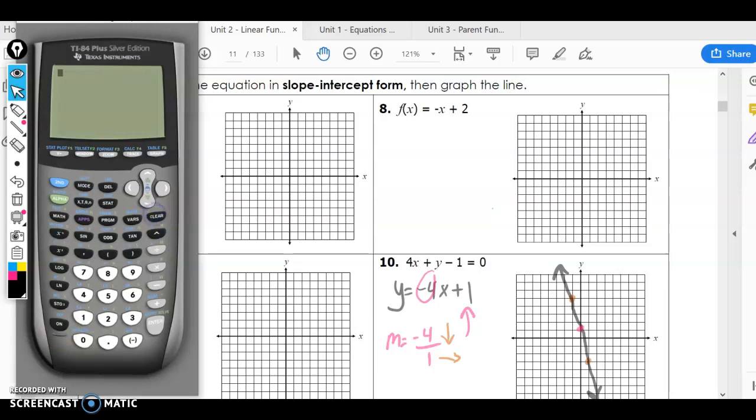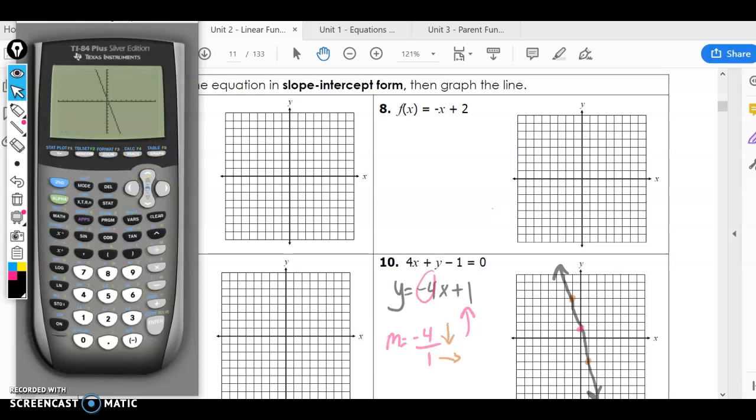I'm going to turn my calculator on, and I'm going to show you and prove that number 10, y equals -4x plus 1, actually looks like this graph here. You're going to press y equals on the top left, and then you're going to type in -4, x is over here, plus 1. Then you're going to click graph on the top right, and it will look just like